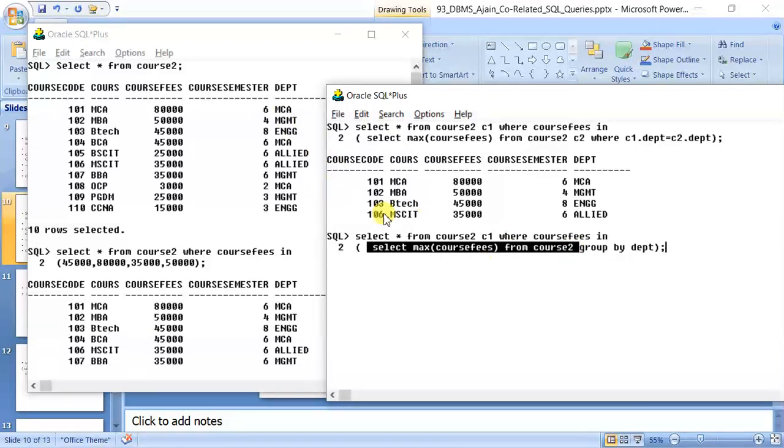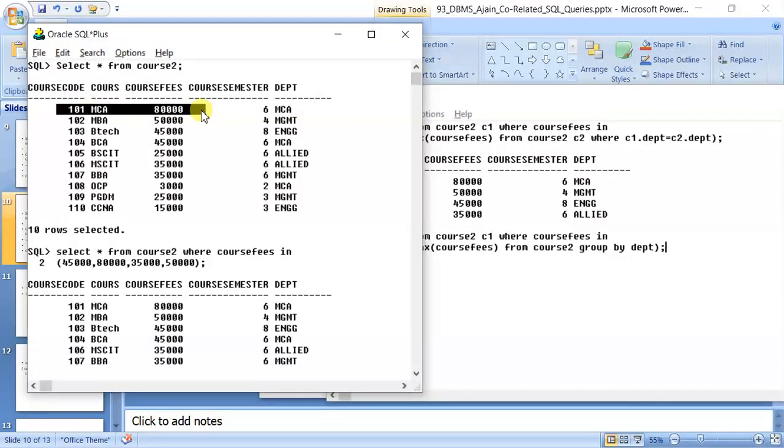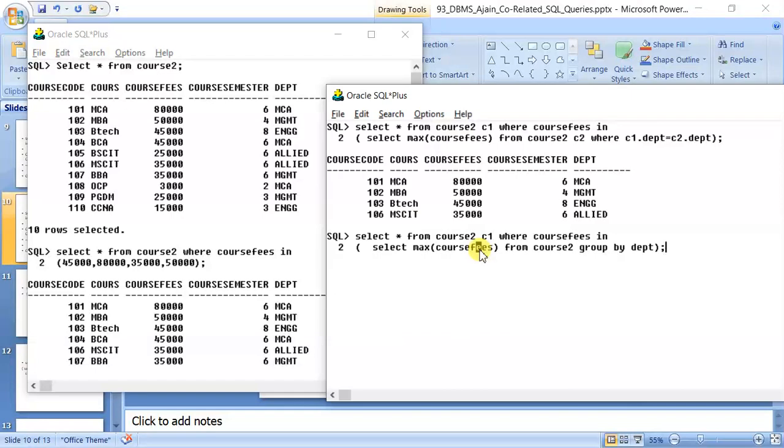So what happens when Oracle reaches this record? The department is MCA. So when it reaches this subquery, as I've told you, in this case the subquery will execute 10 times, whereas in this case, the subquery will be executed only once.